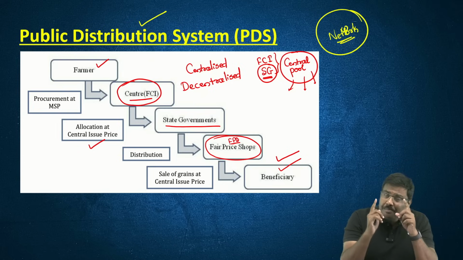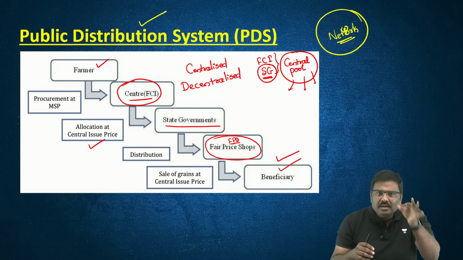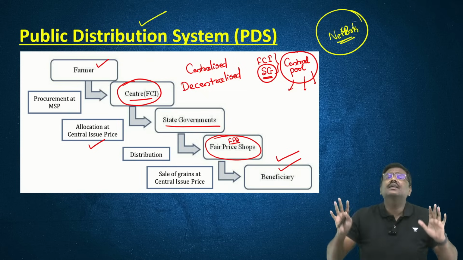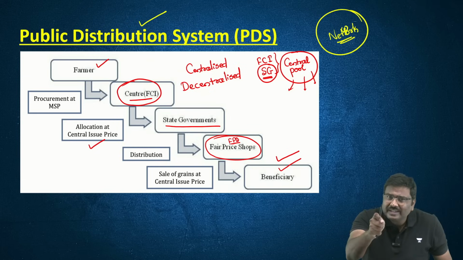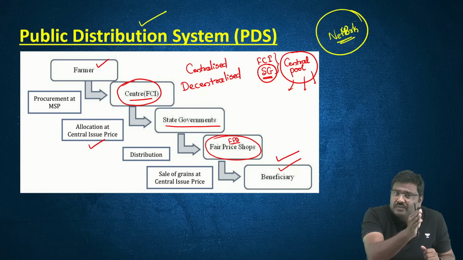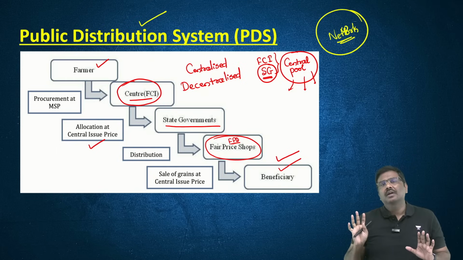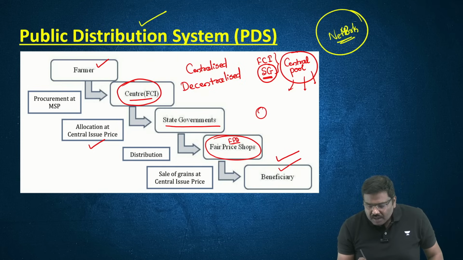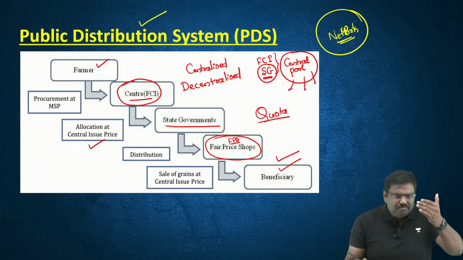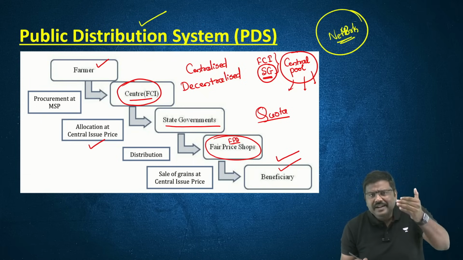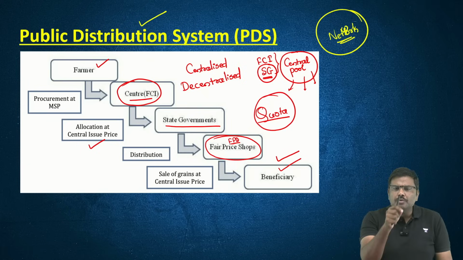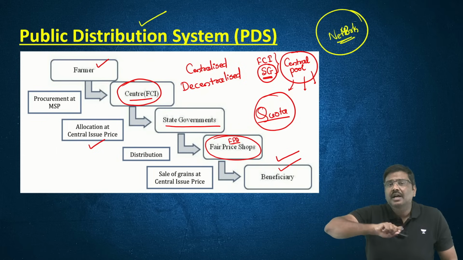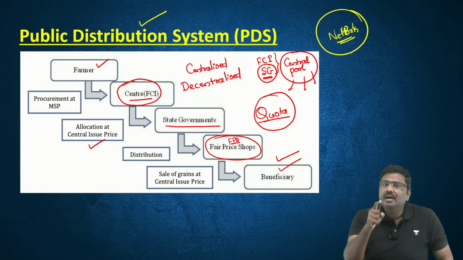And mind you, I'll reiterate this again. Center will simply allocate food grain. Center will decide how many beneficiaries will be there in a particular state. It is the duty of the state government to use multiple parameters to identify who will be the covered beneficiary. Because under the concept right now used, there is a concept of a quota. Center, based on various parameters, mainly the population of the census of 2011, will determine how many beneficiaries would be there in each of the states. That is decided by the center. But whether X is a beneficiary, Y is a beneficiary or Z is a beneficiary, it is decided by the